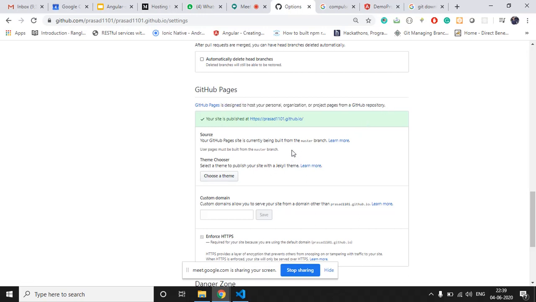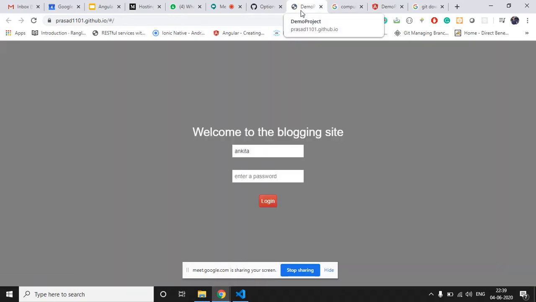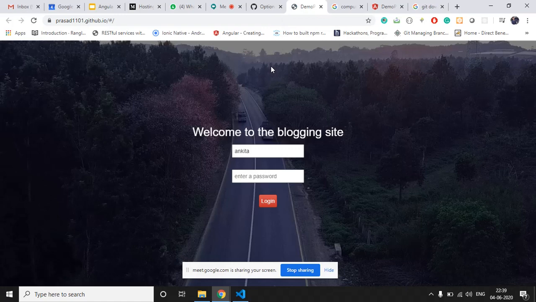And we can see that it is directly hosted to our repository name itself. So let's check if it works. So we have just directly gone to that repository name. We can see that our Angular application has been hosted to the GitHub pages directly.